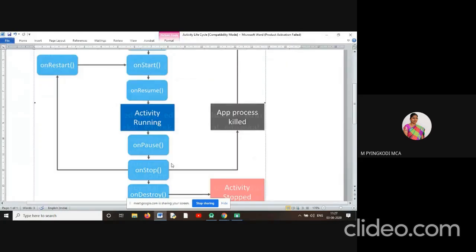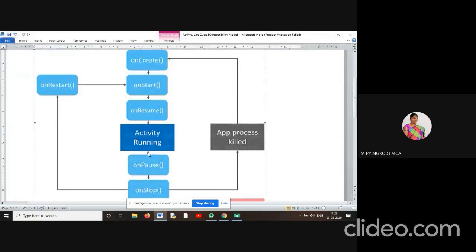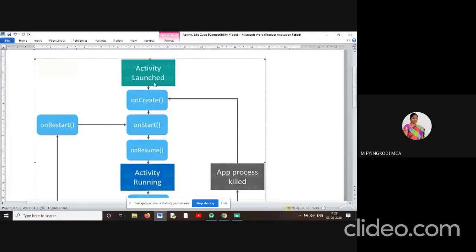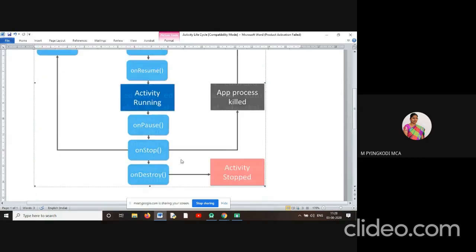After stopping that activity, two possibilities are there. Once the onCreate method has executed, it allocates some resources required for this activity to run, and those are to be cleaned in this onStop method.